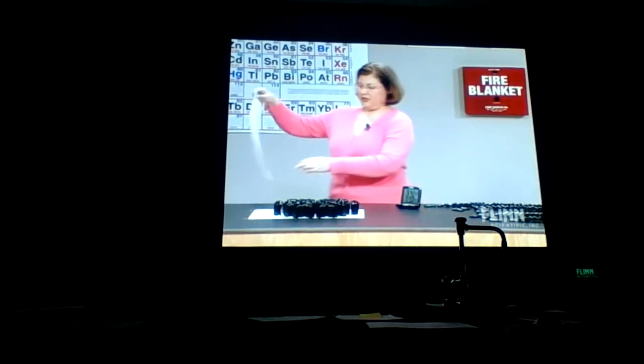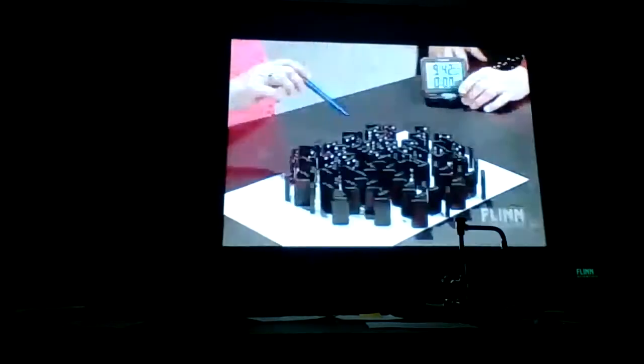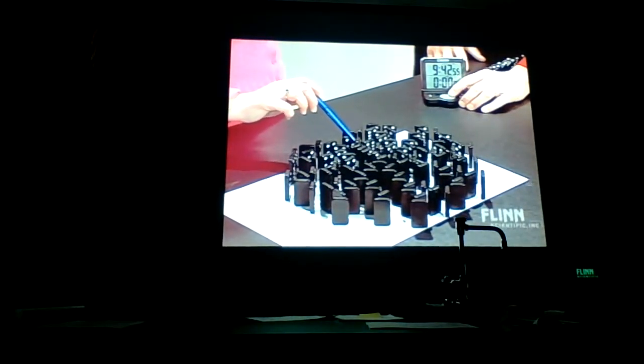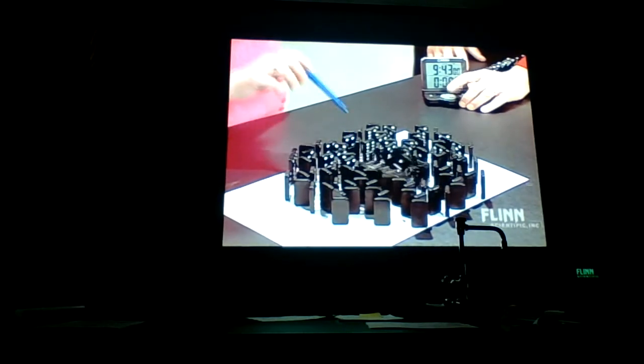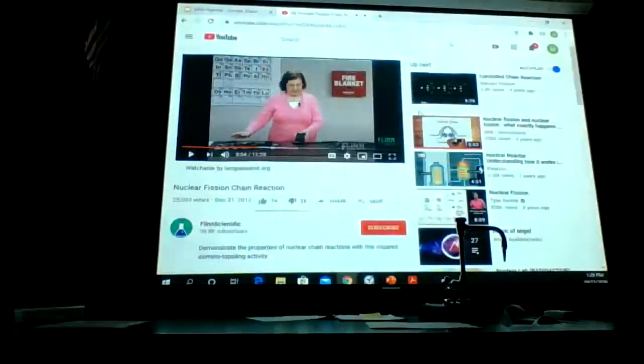Okay, so if we saw what that looked like, we're going to go ahead and try to time this one. Now here we've got to be really good. You're back down to 0 time. Okay, and I'm going to hit this one right here in the middle, right? That'll be good? Okay, on the count of 3. 1, 2, 3. How long did that take? Not even a second. So that one was a lot faster. We had a critical process here in 3 seconds and a supercritical process in 1 second.